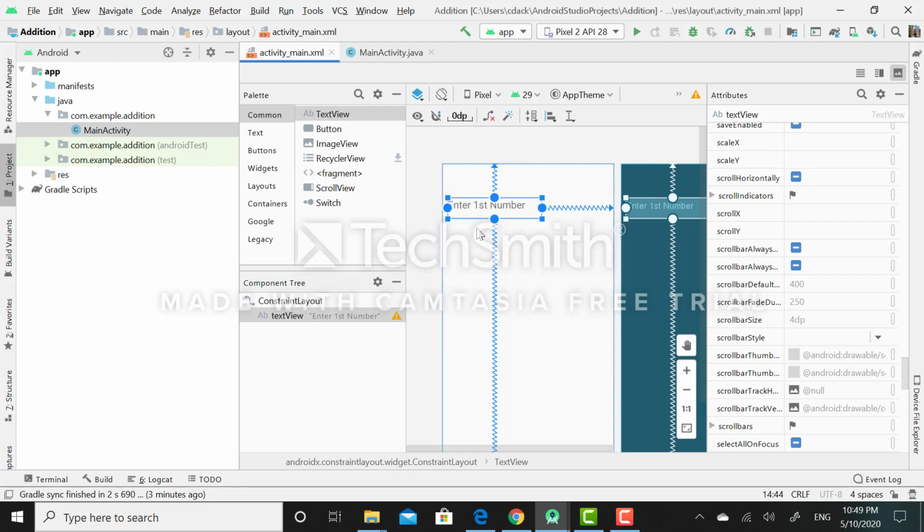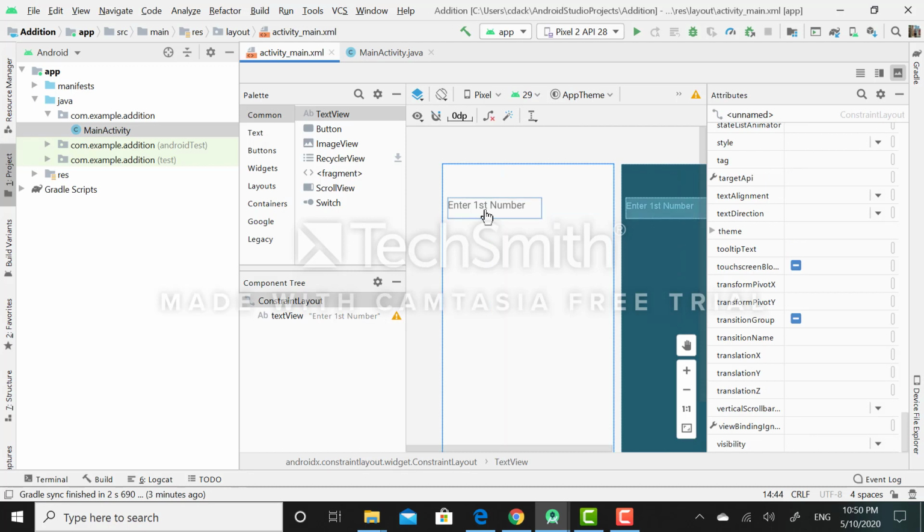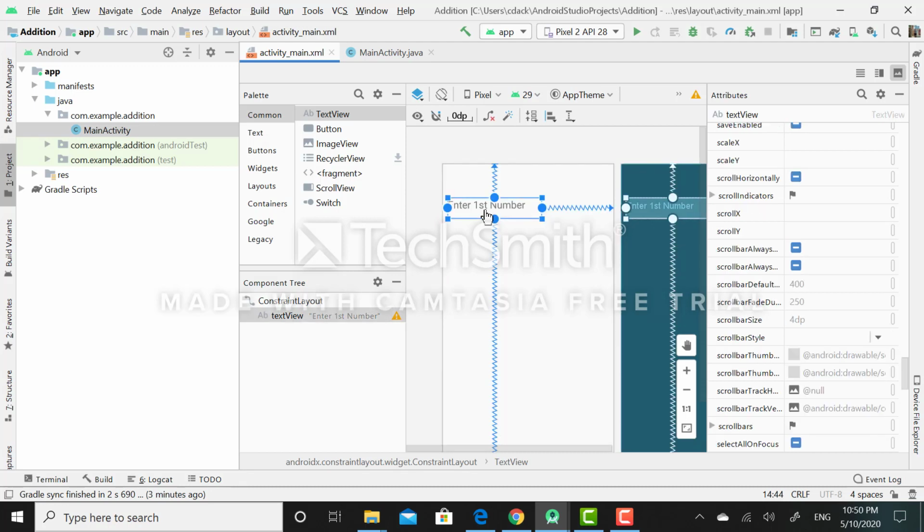And to set text font size, you have to select the sp unit. sp stands for scale independent pixels, which is utilized to set font size on the UI elements. So in this way I have successfully applied a text view widget on my XML file.